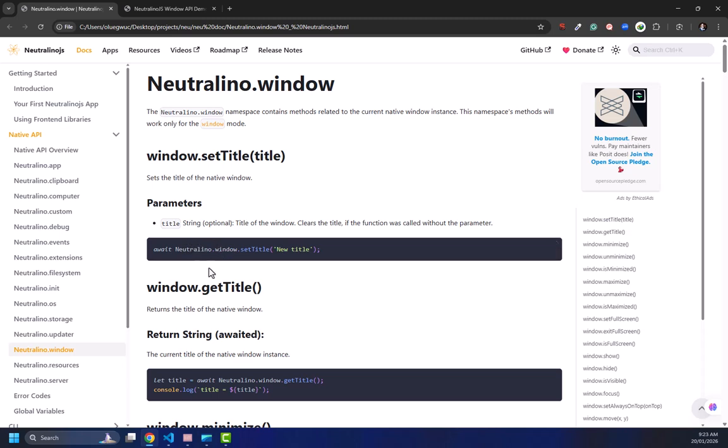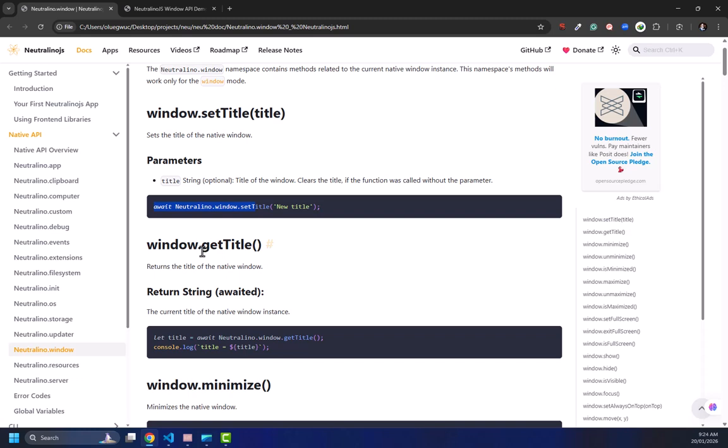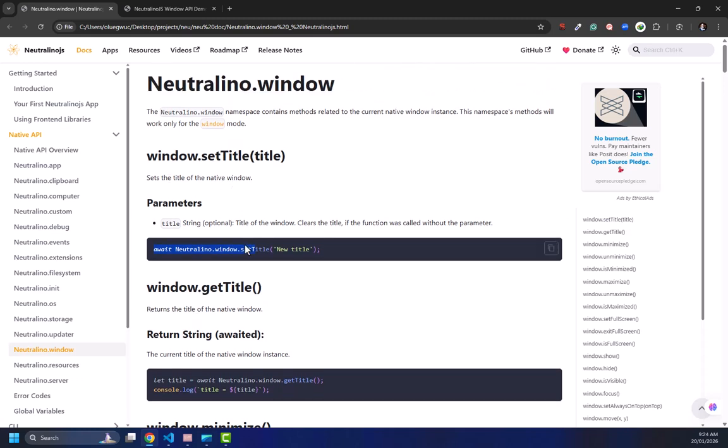And what you should bear in mind is that most of the Neutralino API is a promise. All of them return a promise. That means you need to await them to be able to make use of most of the Neutralino API. So you need to await them. So let's go to the code so that you will see how to implement